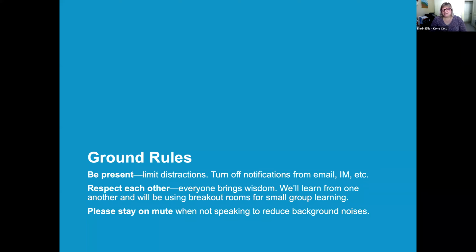So we also just wanted to go over a couple of ground rules before we get started. If we were convening in a room together today, we would ask you to be present with us while we are talking today. And that would typically mean putting your email away and stepping away from your instant messenger messages from your team. That's sometimes harder to do when you are looking at your computer while you're participating in this,